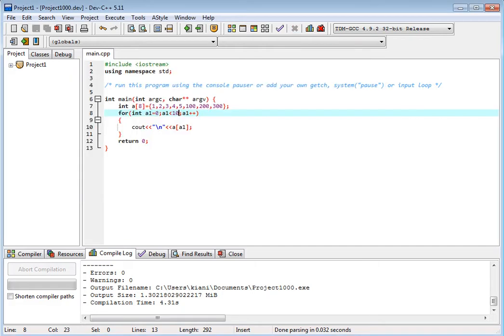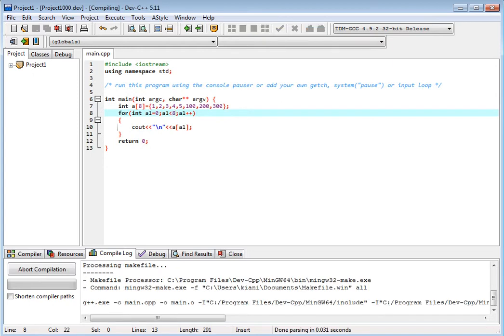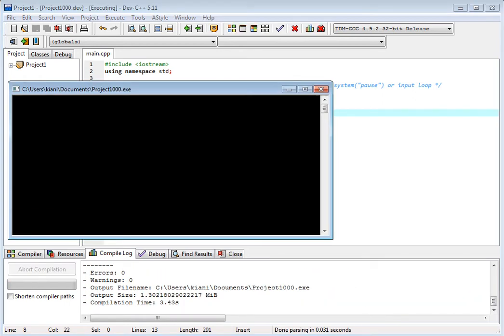Okay. And if we print 3, it will print the first 3. 0, 1, 2. 0th element is 1, right? 1, 2, 3. Now if I want to print all, I use 10. Okay. And I go here.